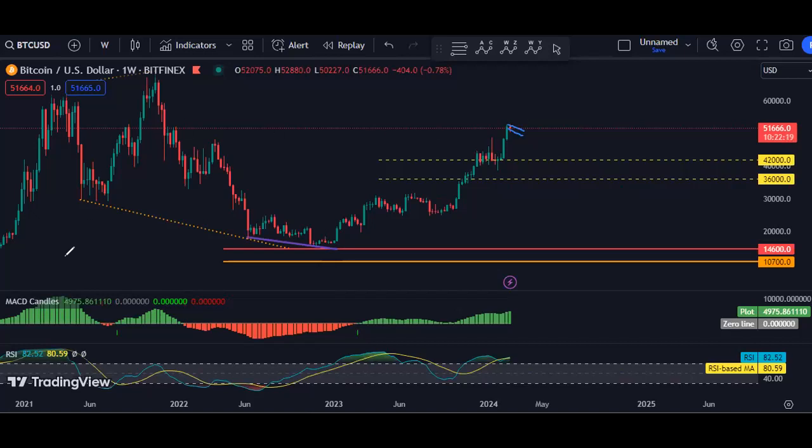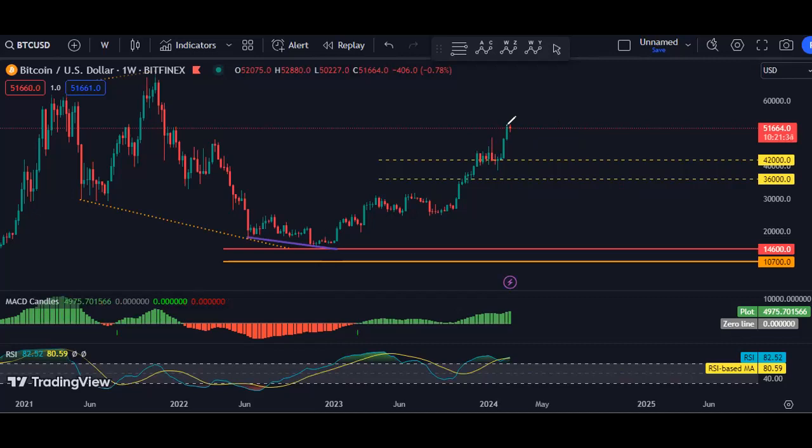We are not going into the details. If this is the next correction, the question is whether we can expect it to be relative to what we have here or this one. Mostly I'm expecting it to be relative to what we have here, because we're looking at this one as an internal flat for one move up, then we can expect to see the deeper correction. If we get it relative to this one, then we can expect this to turn into a really deep correction. That's why whoever wants to look for buy should know how to manage it.